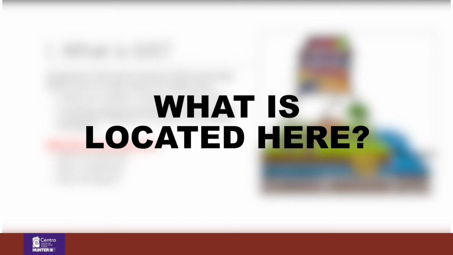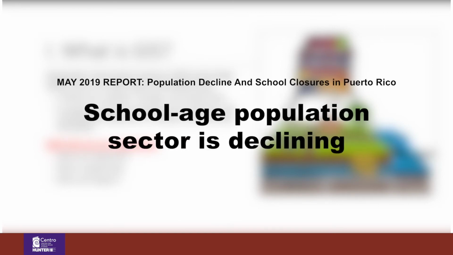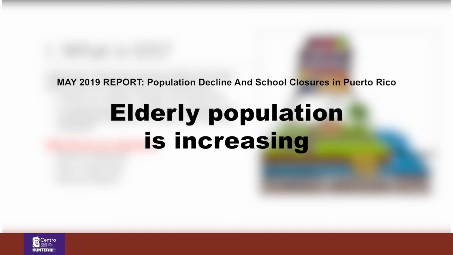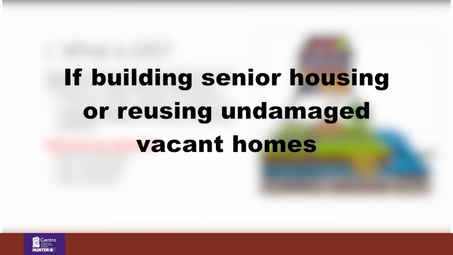of your community. For example, in our recent school closure report, we found that the school-age children population sector is declining, especially at a faster pace during Hurricane Maria. We also found that the elderly population is increasing. So what does this have to do with natural disaster and housing community development? Perhaps you would like to build senior housing in particular areas, or reuse homes that were not damaged during Hurricane